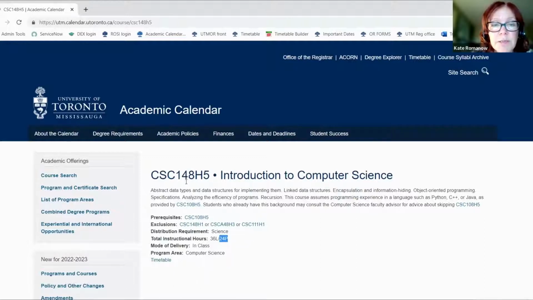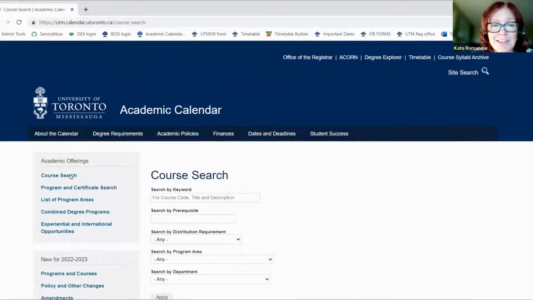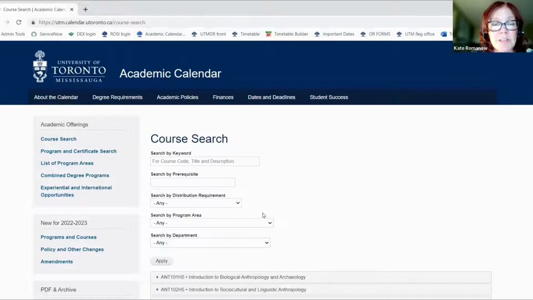If you're enrolling in CSC 148, you must be aware of the prerequisite of CSC 108. So you must take that course before you take 148. You can also use this item to course search. And here I like to point students, if they are looking for